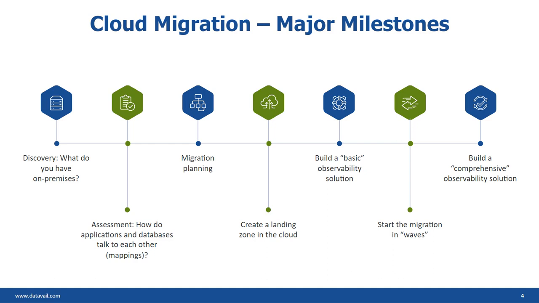And then, as you see on this slide, I have two different phases of observability solution. It doesn't have to be that way, but a lot of times in a bigger enterprise, it's a big move going to the cloud, from changes to the CI/CD to patching to backups to HADR, logging, monitoring, alerting, all those aspects of it. It becomes a lot more initially. That's why I prefer to start with a basic one for the non-production, and then later, as we get to the production migration, have a more comprehensive solution in place.